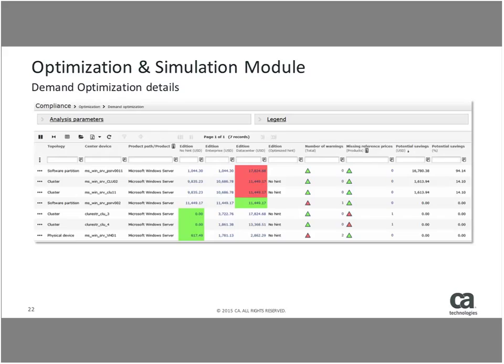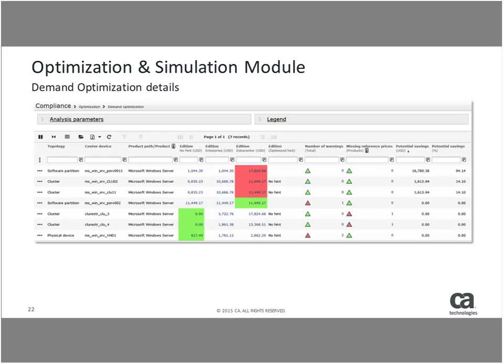So based on that analysis, I can apply the appropriate hints across to that topology or every other topology in my environment, and I can